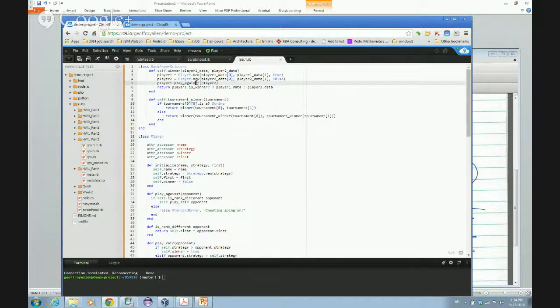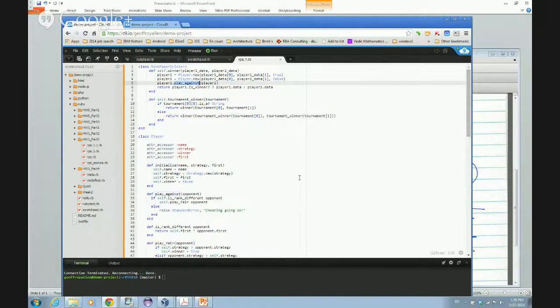And then here we go. I tell player one, you play against player two, and once they're done, I'll be able to check on who's the winner. In this case, I can basically just say, hey, player one, are you the winner? If it's yes, then I'm returning the data for that player one. If it's no, then I'm returning the data for the second player, and basically we're done. So let's take a look at